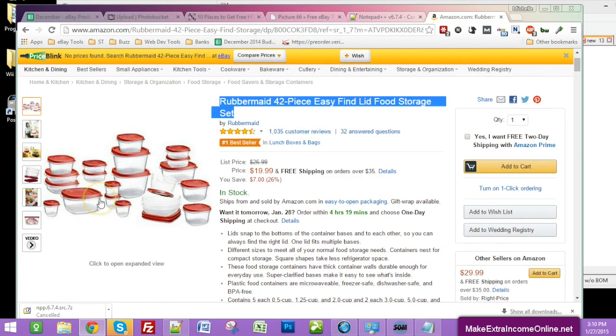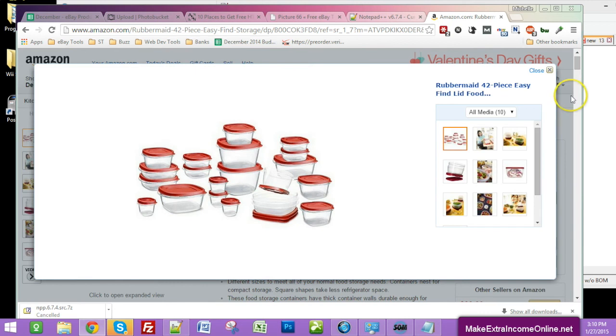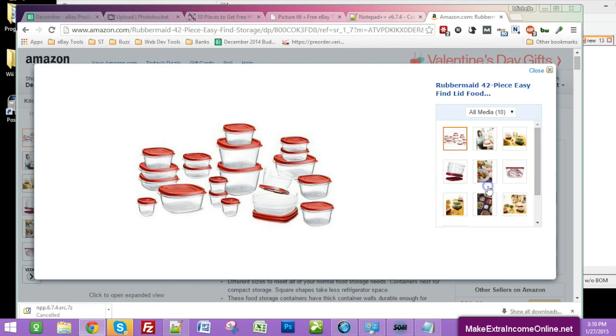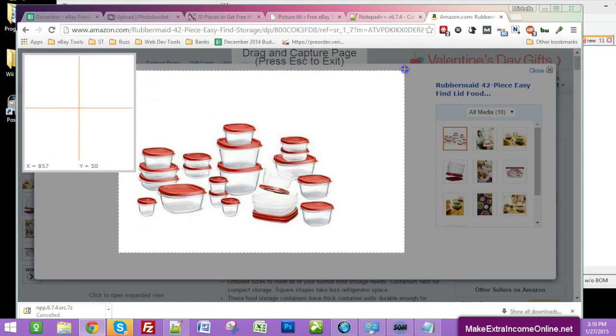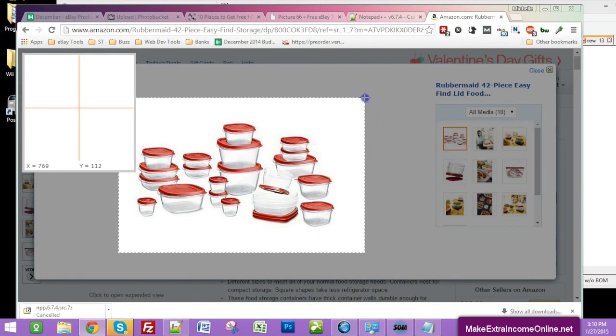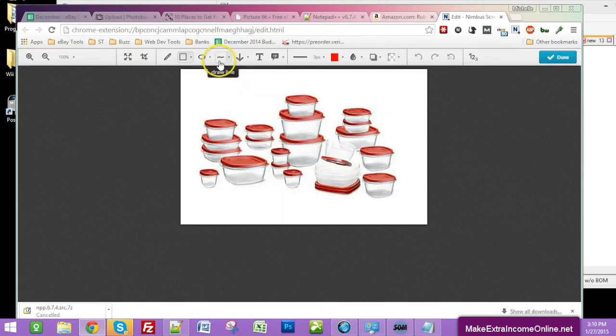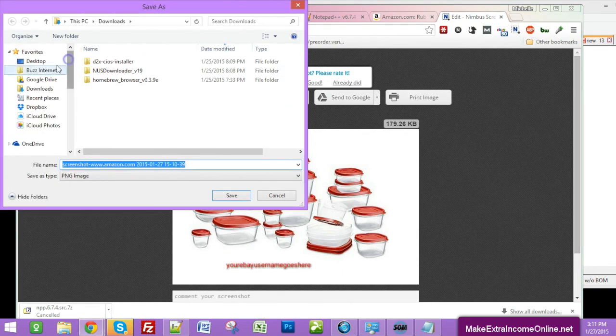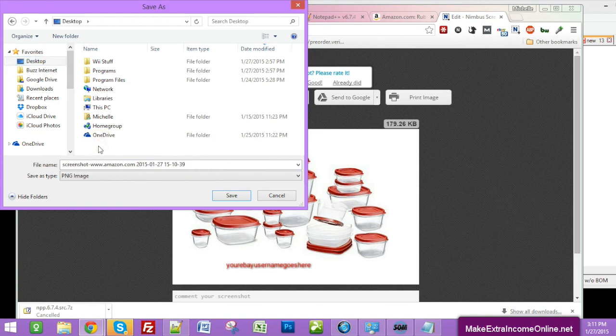Alrighty, so first we are going to take a picture of the image, and we're going to use that Nimbus screenshot tool. The reason why we do this is because we can take a picture like this, screenshot, we can edit it, and then we can type in our name. So eBay username goes here. And that kind of brands the image to our eBay store. Alright, so we're going to save it. We're going to save the image into a folder we're going to create on the desktop, just to kind of keep